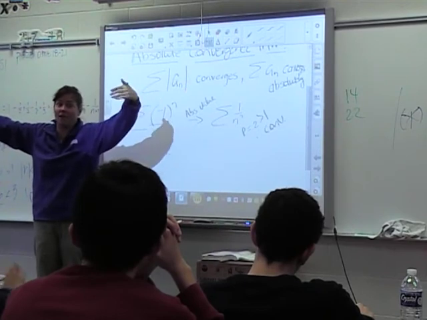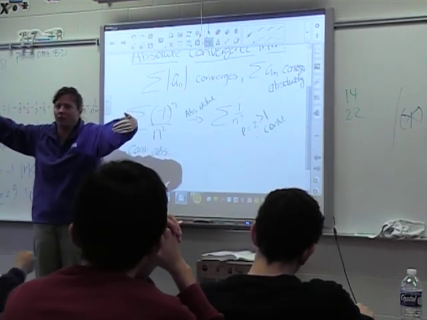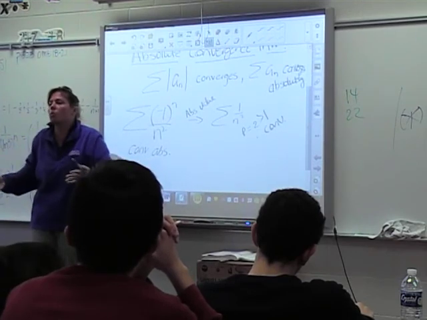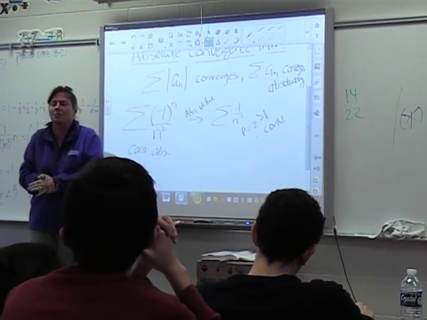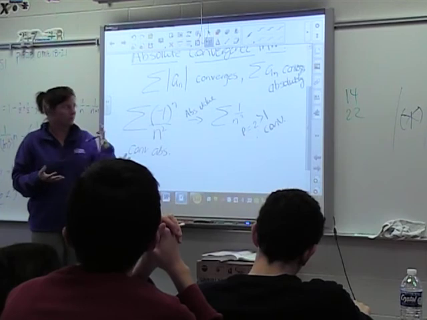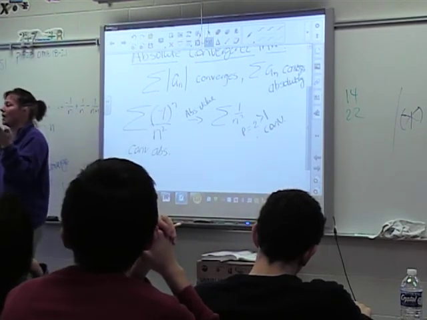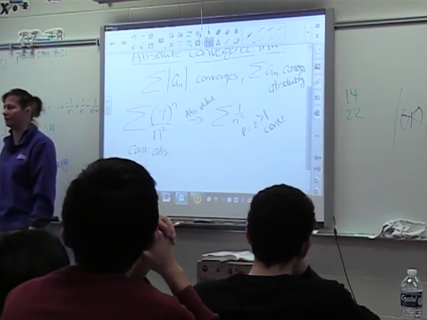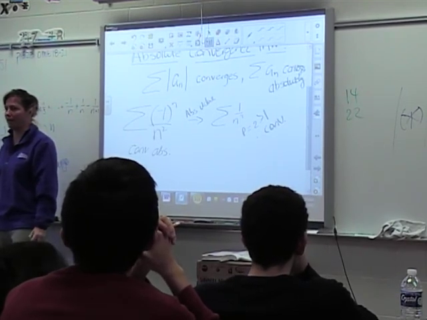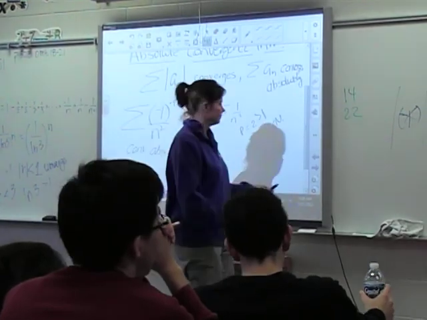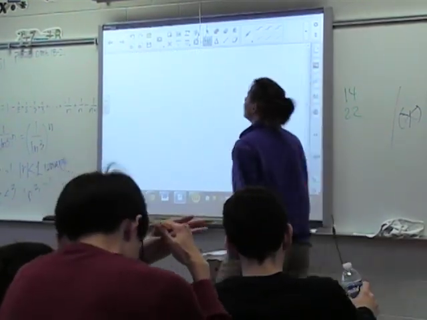So technically, if they converge, their absolute value converges, because it's the same thing, right? So really what I'm trying to say is, converges absolutely only means something when we have terms that aren't all positive. Okay? Now, let's look at, so